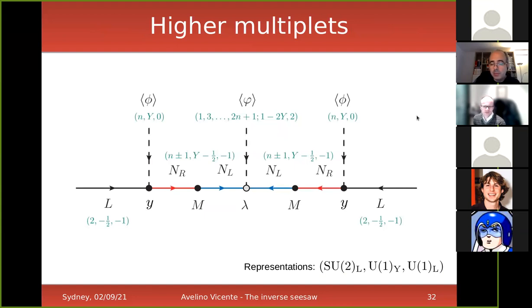And you can see that in principle you have many possibilities. The simplest one is the one that I explained before. So n equal 2, and then here you can take n minus 1, so you get singlets in the fermion line. Also y equal 1/2, because this is the hypercharge of the standard model Higgs doublet. Also here you have some choices, but once you have fixed this, this is fixed as well. And you can in principle construct many variants.